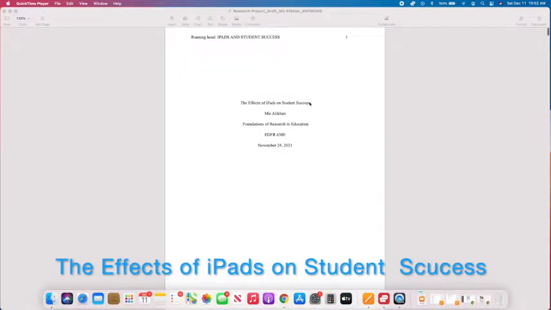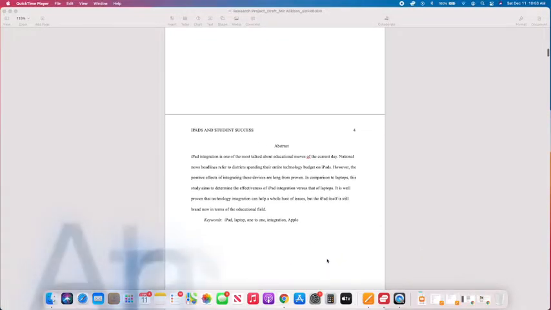I picked this title because this is one of my very close to heart interests: the iPad use and the new trend of touch technology and the tablet at the school districts, at the rate that they have adapted so far. And call me old school, but I am a firm believer that just because we bring technology to the learner doesn't make the learning actually happen or enhance the learning in all situations. Sometimes it actually counters that. Let me start with my abstract.